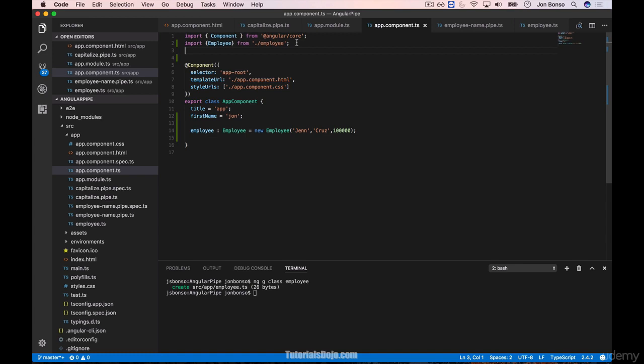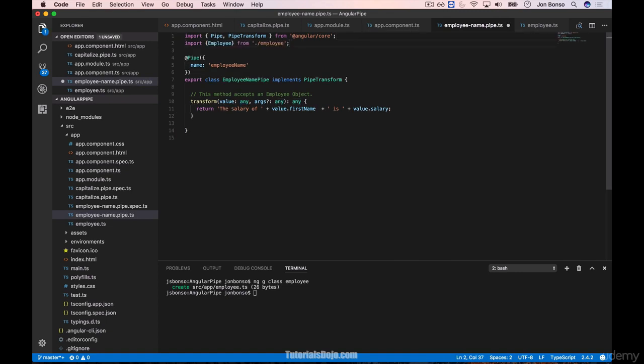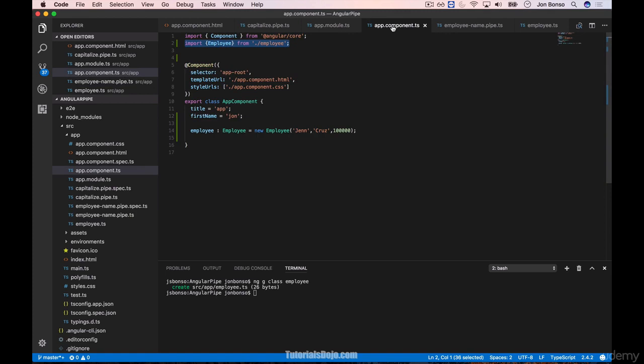Save that, and then let's copy this new import statement to our employee name pipe. Paste it here, and now we can use the transform value and then change this to an employee type. Save this and we're done. Right now, our employee name pipe only accepts an employee object. So if you're going to change this app component TS, and let's say for example, remove this and make it a string type